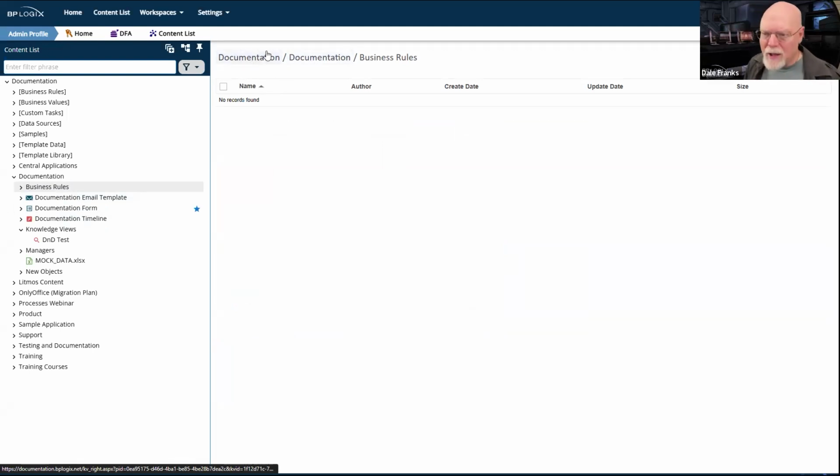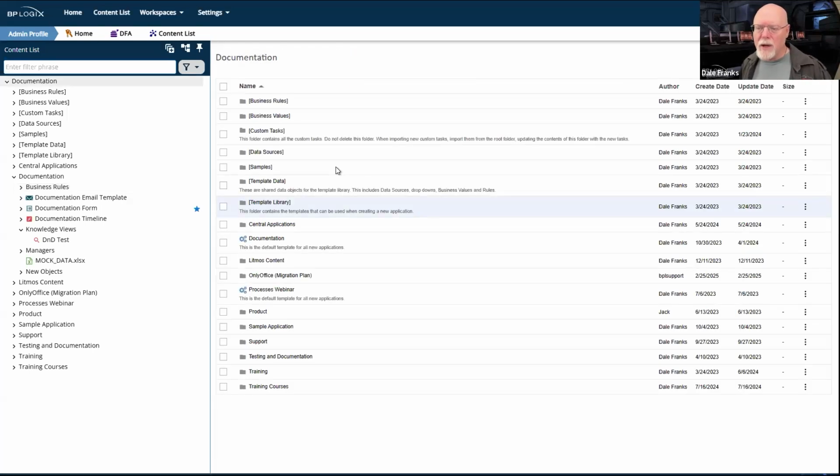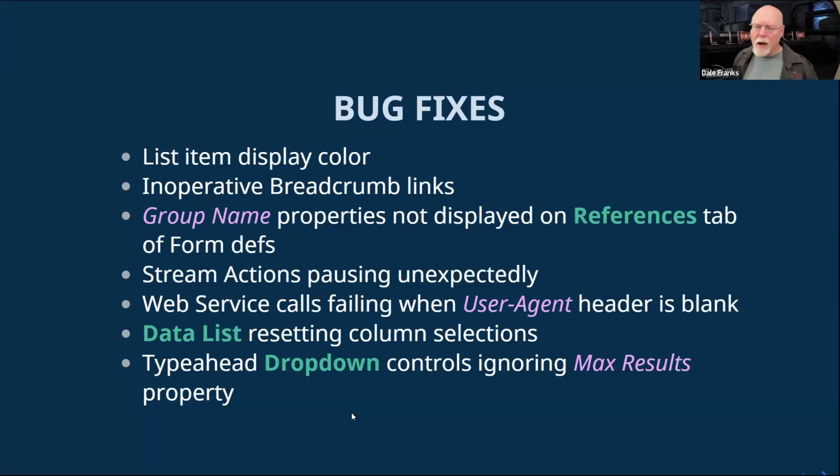The problem was on some occasions, they were not links, and we could not click up on the breadcrumbs to wherever we wanted to click back up to in the content list. So I just clicked up at the very root level of the documentation partition, which I do need to change the name of, but that's just something I need to keep in mind. But we fixed those. Some of those were not working.